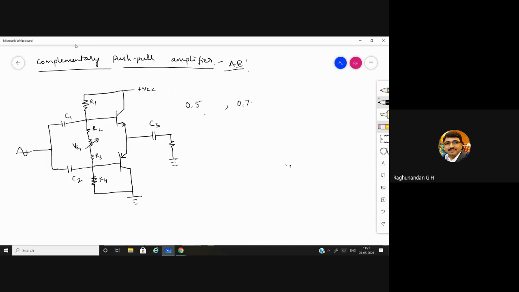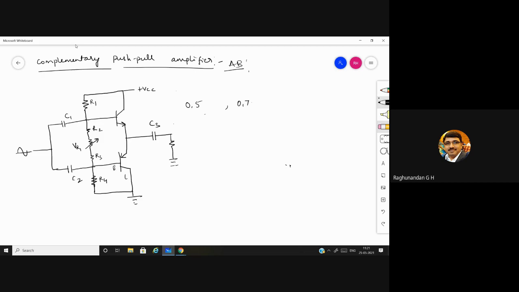In a voltage divider circuit, we use fixed R1, R2 values. Here, we are just adding one more resistance, which is a variable resistance. So, by properly tuning the VR1, we can nullify the cut-in voltage of both the cases, 0.7,